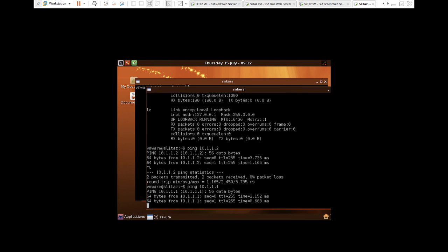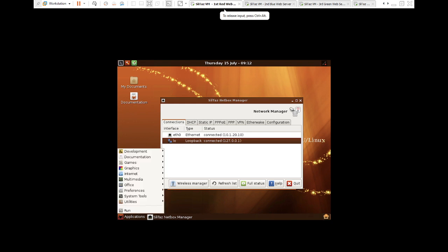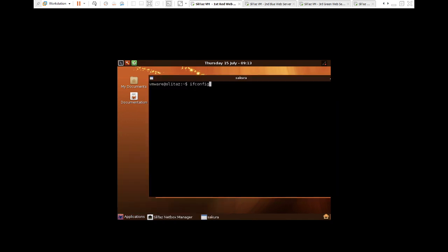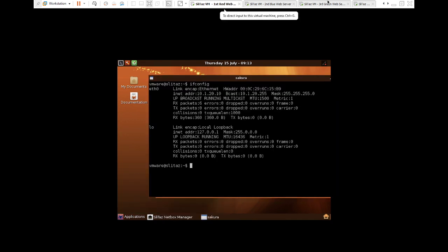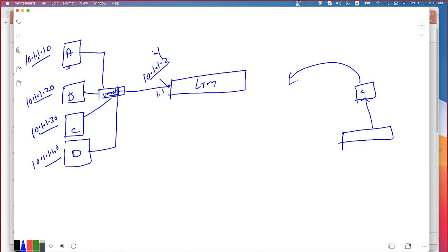One server is not responding to any of my mouse requests. This is 10.1.20.10. I'll fix the other part of it later on. Let me change these IP addresses a little later. According to the current setup, I was planning to configure the IP addresses 10, 20, 30, 40. But unfortunately, it is not allowing me to change the IP addresses. So I'm changing this one to 10.1.1.11. This is 10.1.1.12. This is 10.1.1.13.